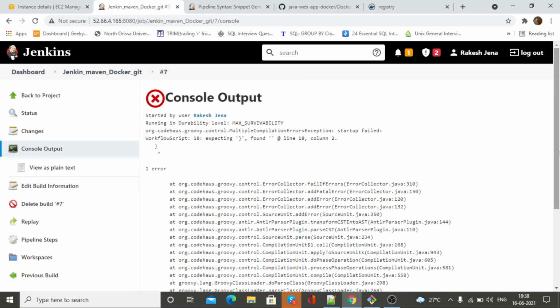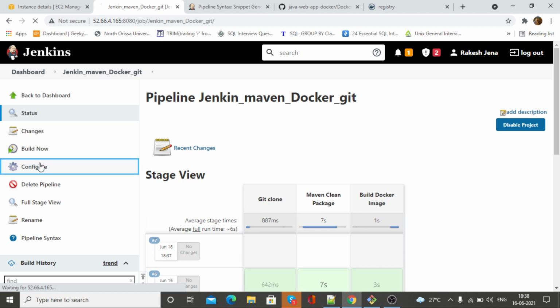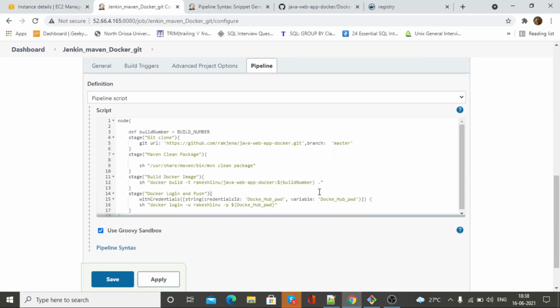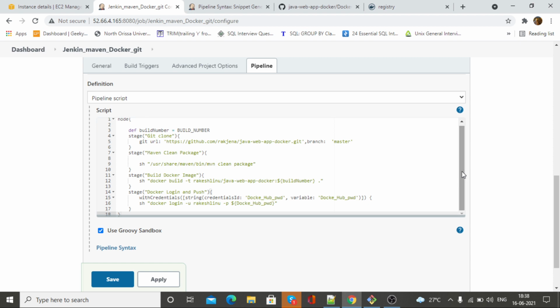It failed. Why did it fail? Oh, sorry guys, again the same mistake. Configuration, pipeline. This is the record. This is here. It's looking good.